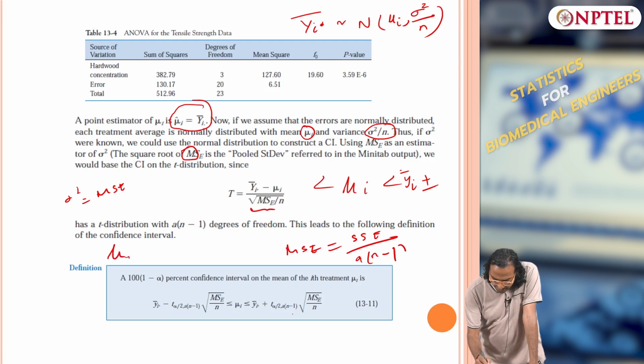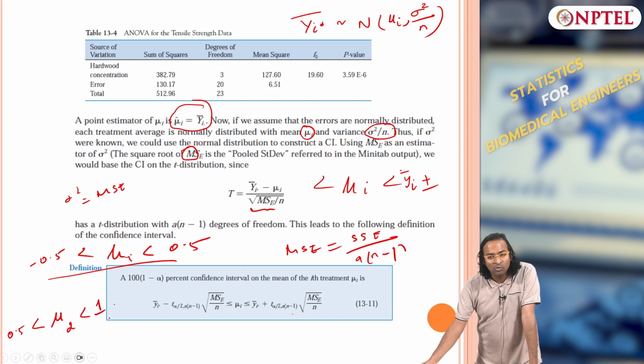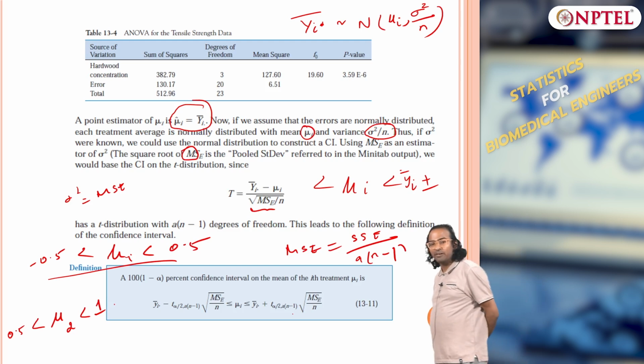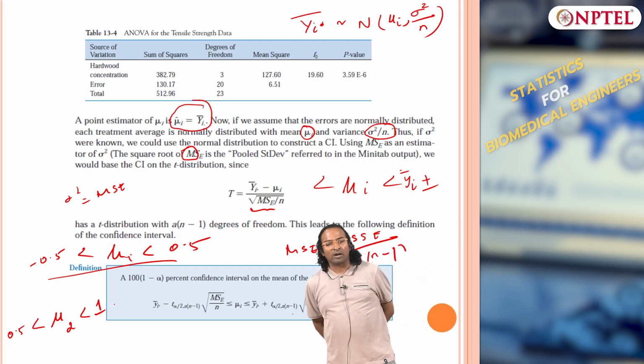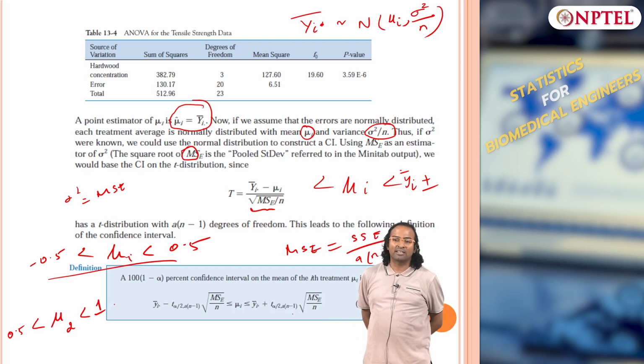Suppose my confidence interval is this, minus 0.5 to plus 0.5, for mu 1. Which is greater than 0? mu1 or mu2 is greater than 0, most likely. I have two confidence intervals written: mu1 is lying between minus 0.5 and 0.5, another one, mu2, is lying between 0.5 and 1 confidence limit. Which one is most likely greater than 0, whether mu2 is greater than 0 or mu1 is greater than 0?